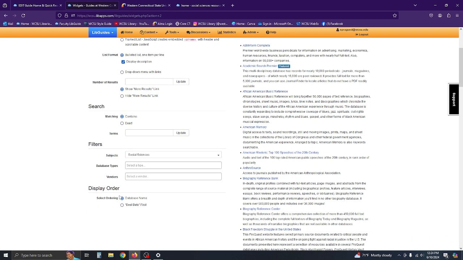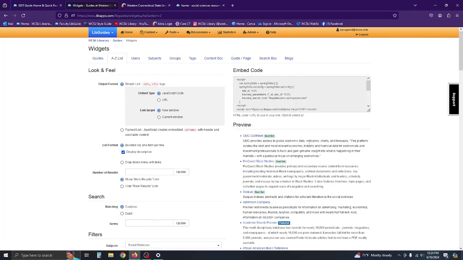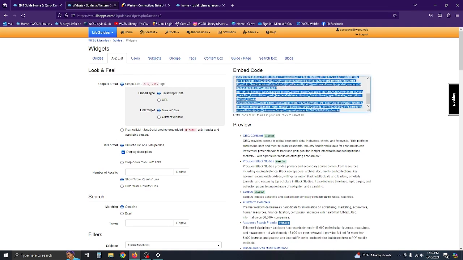And then it's also up to you whether you want the display order to be alphabetical, or best bets first. I like to do best bets first. So now all we're going to do is copy this code. We just click on it once, and it'll highlight all the text. I'm going to hit Control C to copy it, and we're going to go back to